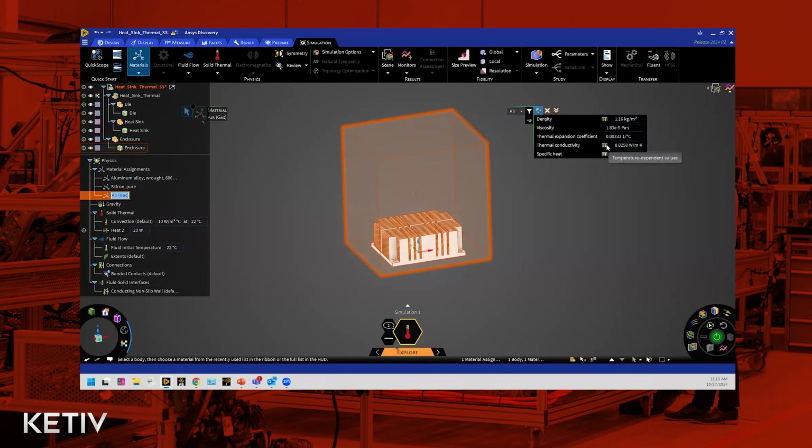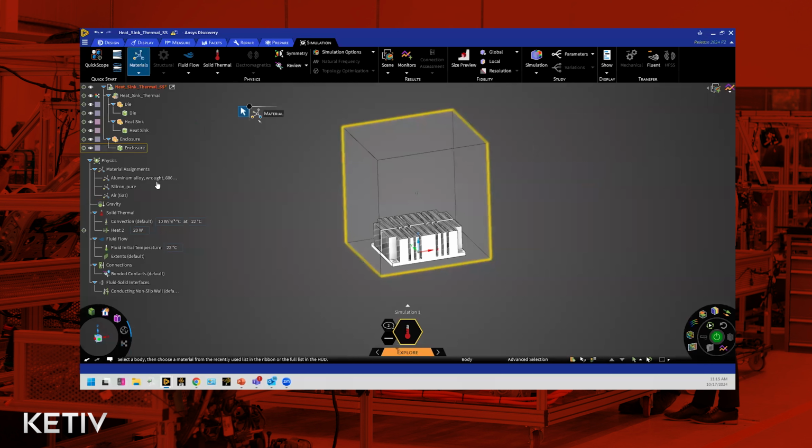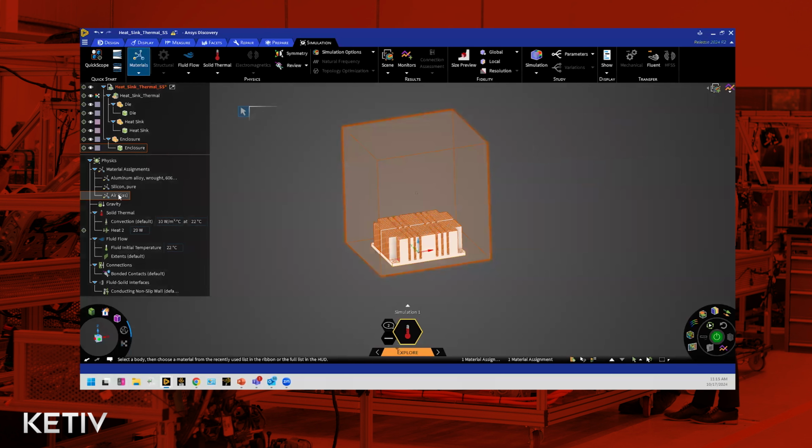Again, if you wanted to vary a value with temperature, you can just populate this table. But going back to the constant density values, if I'm telling Discovery that the air density is constant, then how exactly does it account for the density changes as the flow heats up near the heat source and then rises up? Well, what Discovery does is when you include buoyancy effects, like we just saw in the settings panel, it'll